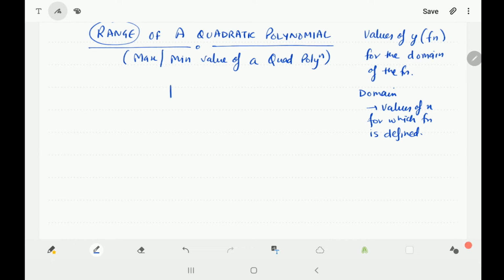So we can consider a function like a box. Say there is a box f of x in which x, or input, will come, which we call the domain, and the output y will come, which we call the range.